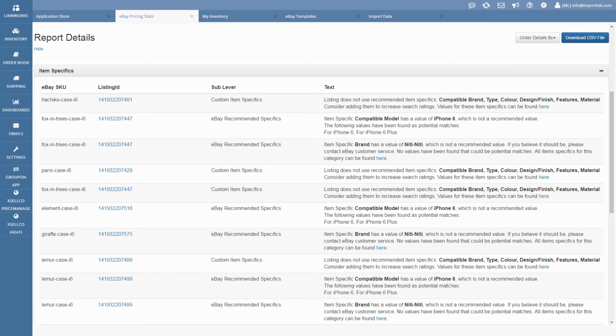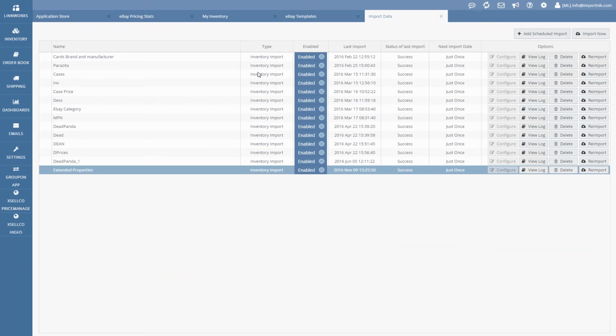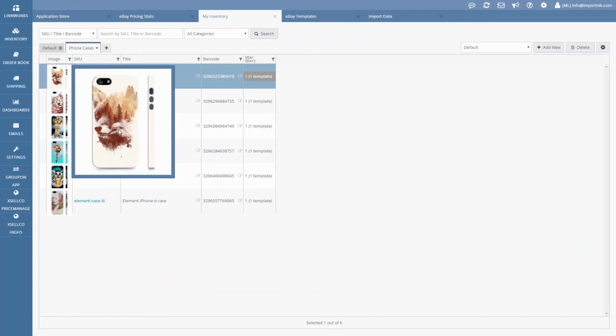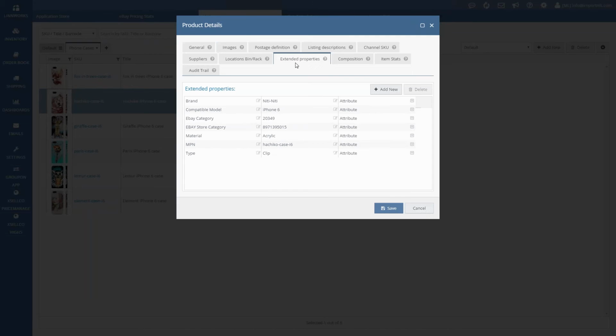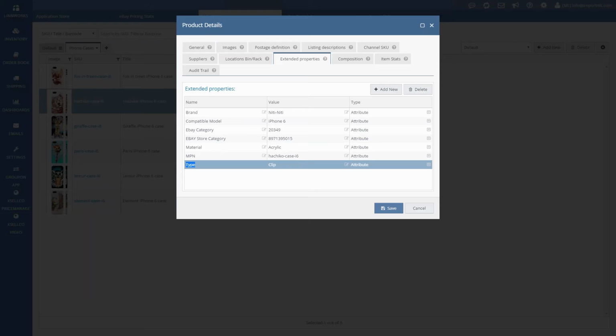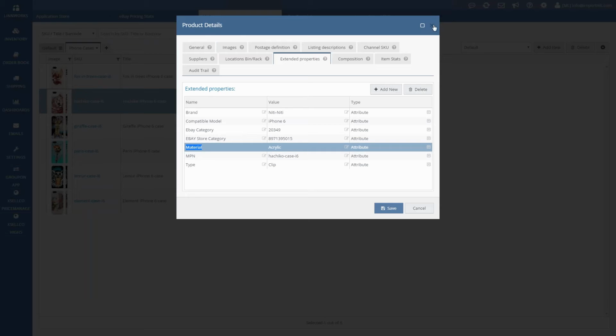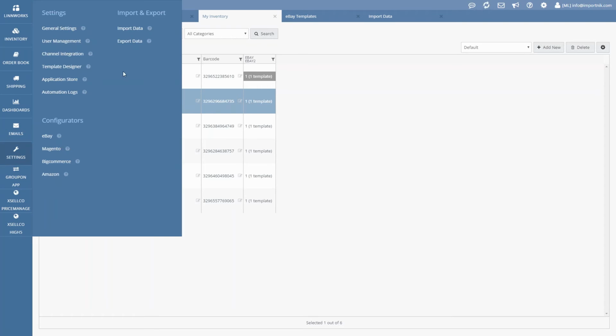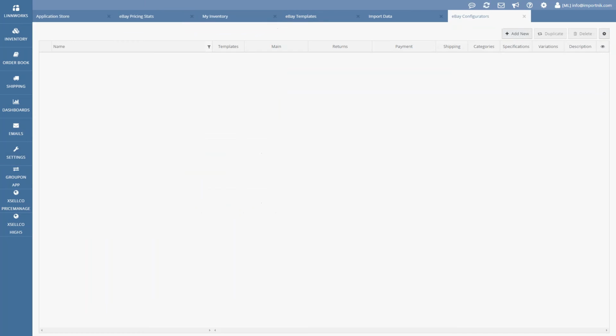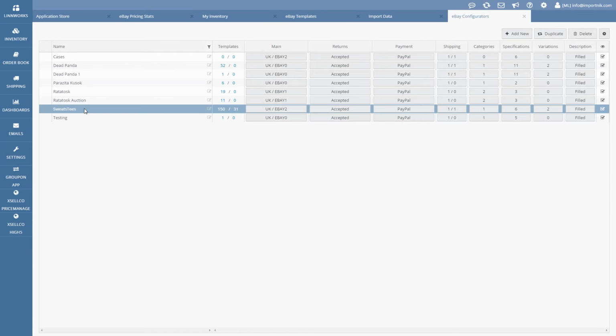All right, cool. So what we'll do now then, let's have a look back at the import data. We have imported that. So we'll jump back into our inventory. Let's have a look at some of these. And we now have an extended property for type and for material. So what we need to do now is add these to the actual configurator that we've used to list this. So let's go to Settings and eBay Configurators. And this is the configurator that I've used to list these items. And I'll need to go into Specifications,